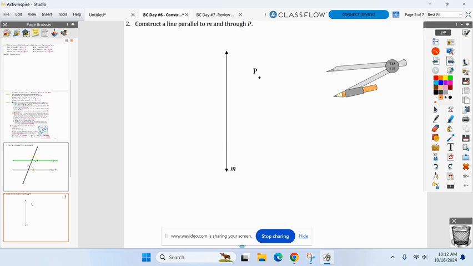So you're copying this angle here, right? So you open it up. Go up here. Yeah, but where did this arc come from? That's my question. This looks wider than. Start here. You got that arc. That's fine. Now you go to point P and do the same arc. And this looks like a little smaller than the first arc you made